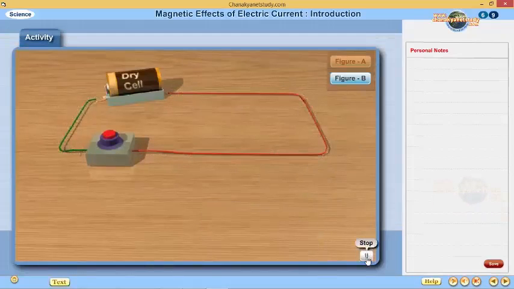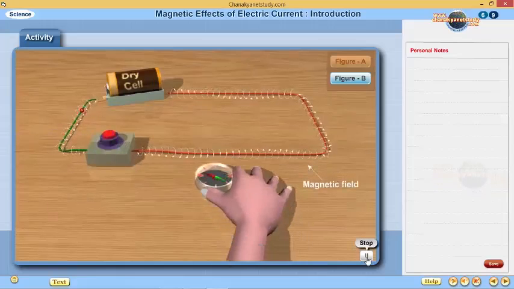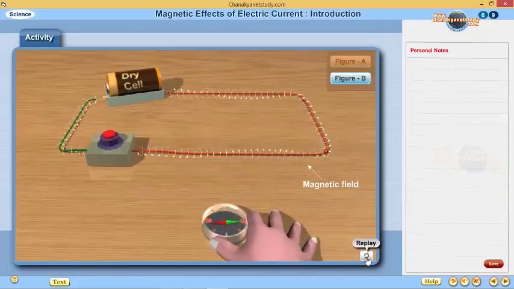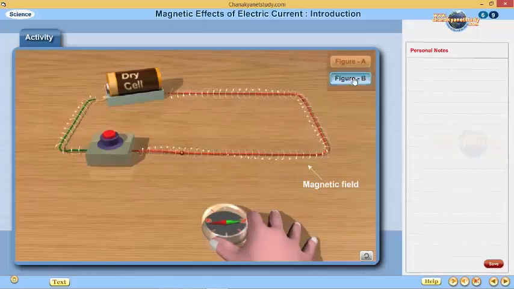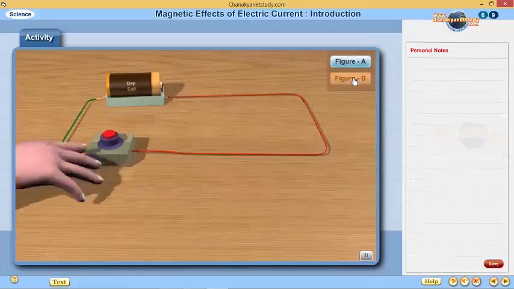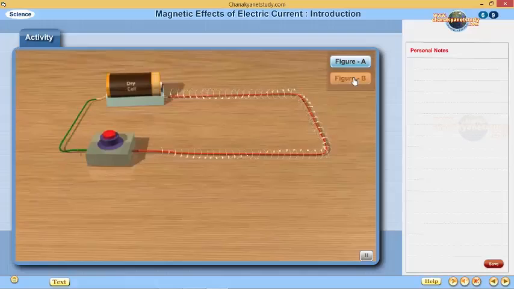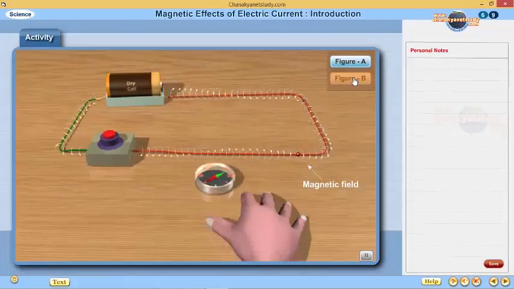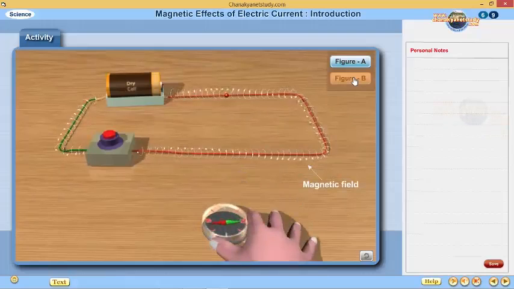In the above activity, it is observed that the needle gets deflected when we press the key. If the polarity is reversed, the needle gets deflected in the opposite direction. Thus, if current is passed through a wire, a magnetic field is produced near it. This was discovered by the scientist Oersted. He showed that electricity and magnetism are related phenomena. Initially, that is before closing the key, the compass needle points in the north-south direction.